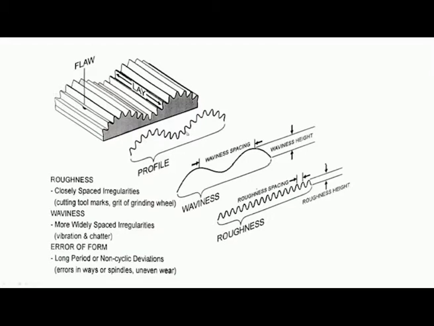Now when we remove these micro irregularities or roughness, we get the waviness like this, and this is the waviness height, that is the distance between peak and valley. The distance between two peaks or two valleys is termed as waviness spacing. If we remove the waviness part of the profile, we get only the micro irregularities, which is termed as roughness, and the distance between peak and valley is the roughness height, and the pitch, the distance between two peaks, is termed as roughness spacing.